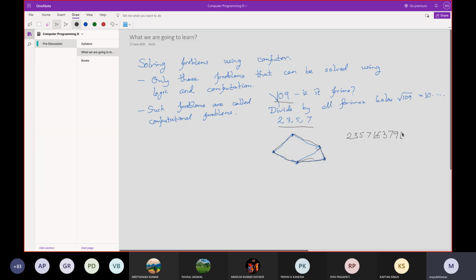In those scenarios, you have to employ some logic. The same logic will work, but the computer will do it much faster than you or any human living. So these are the problems that we solve using a computer, and this does not limit it. Rather, as I have said, most of the problems you see around us can be converted into an equivalent computational problem, and once it is converted, it can be solved using a computer.